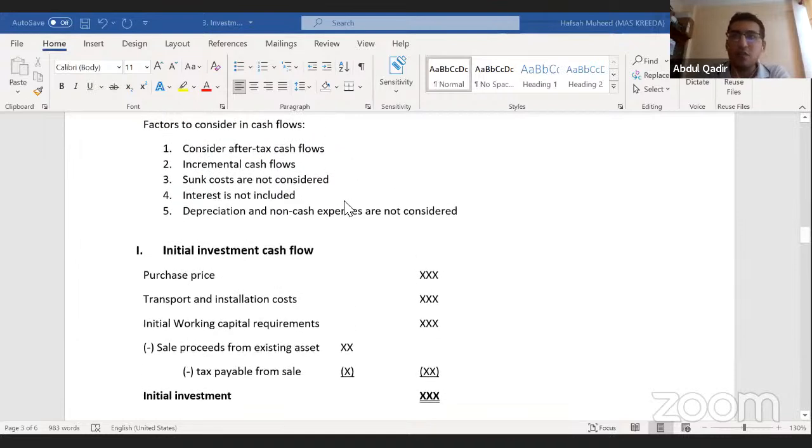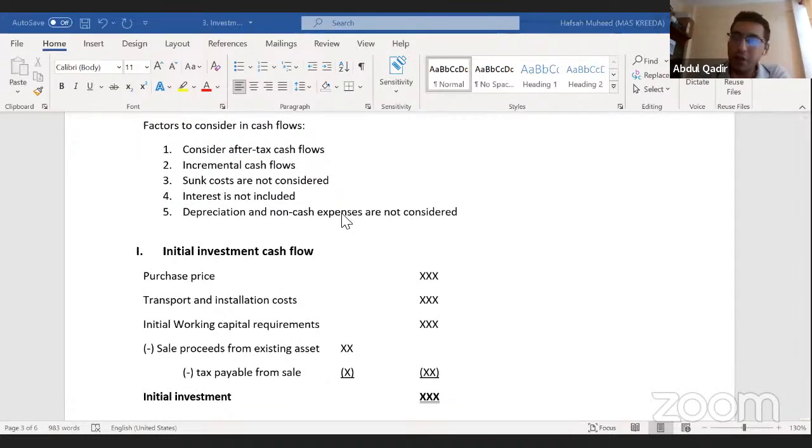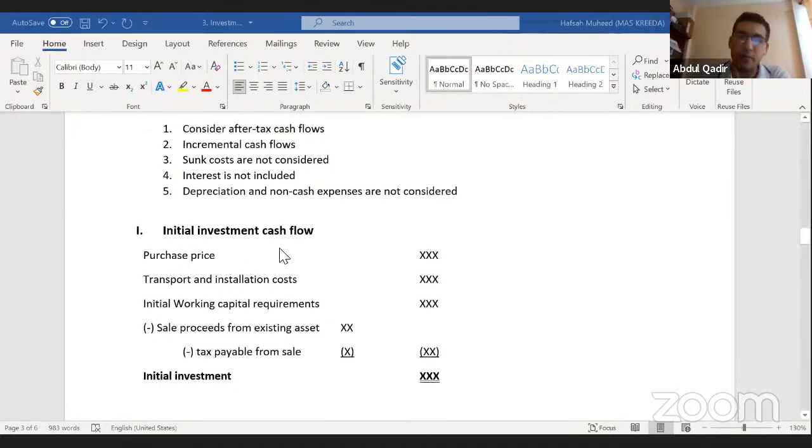Yes, so one question was, we add depreciation when profit is given. Yes, if they give profits, just like in the cash flow statement, you start with profits, you add depreciation and you arrive at cash flows. But in cash flow evaluation, you don't include depreciation as a separate line item. If you have been given profits and you want to calculate cash flows, then you add depreciation. But don't calculate depreciation as a cost and deduct it in your investment appraisal. That was my point here.